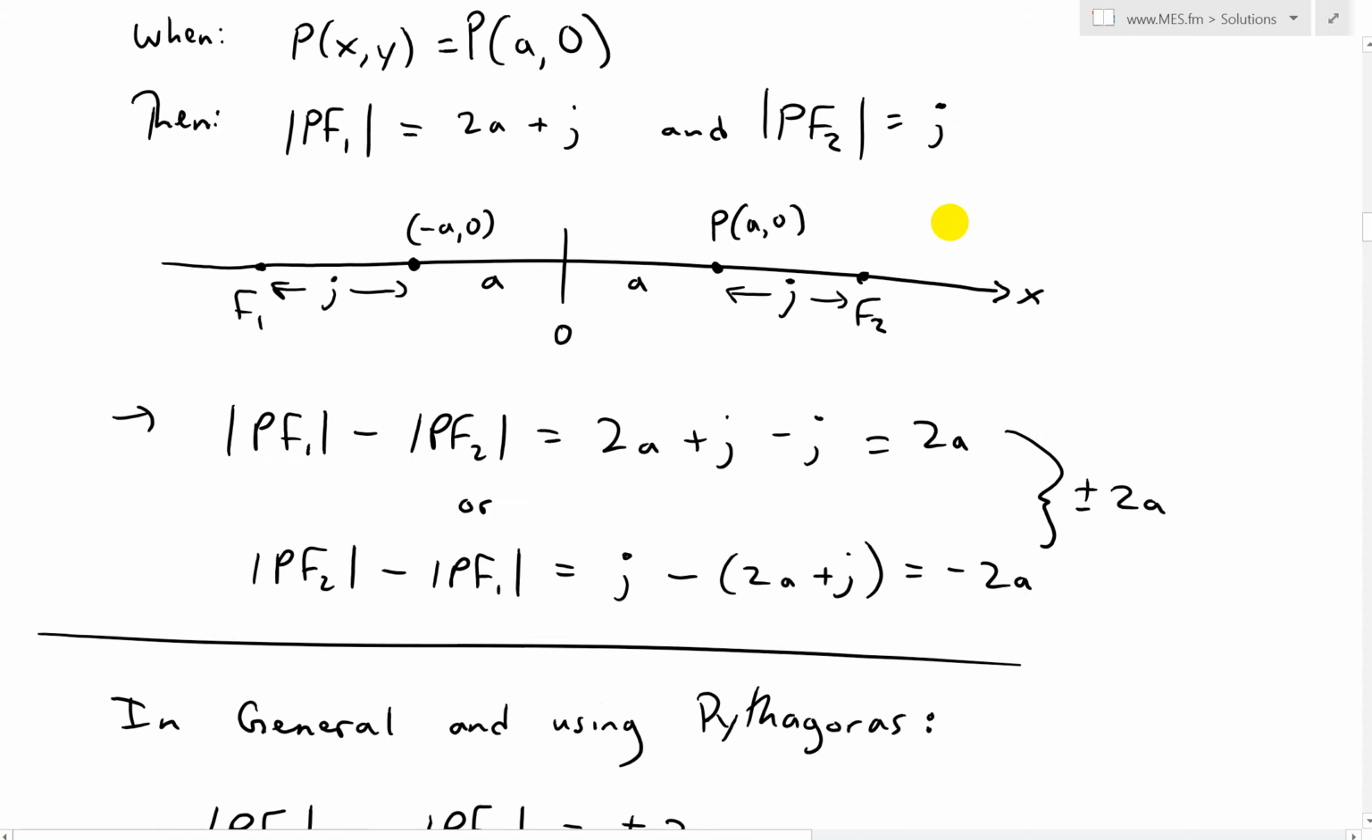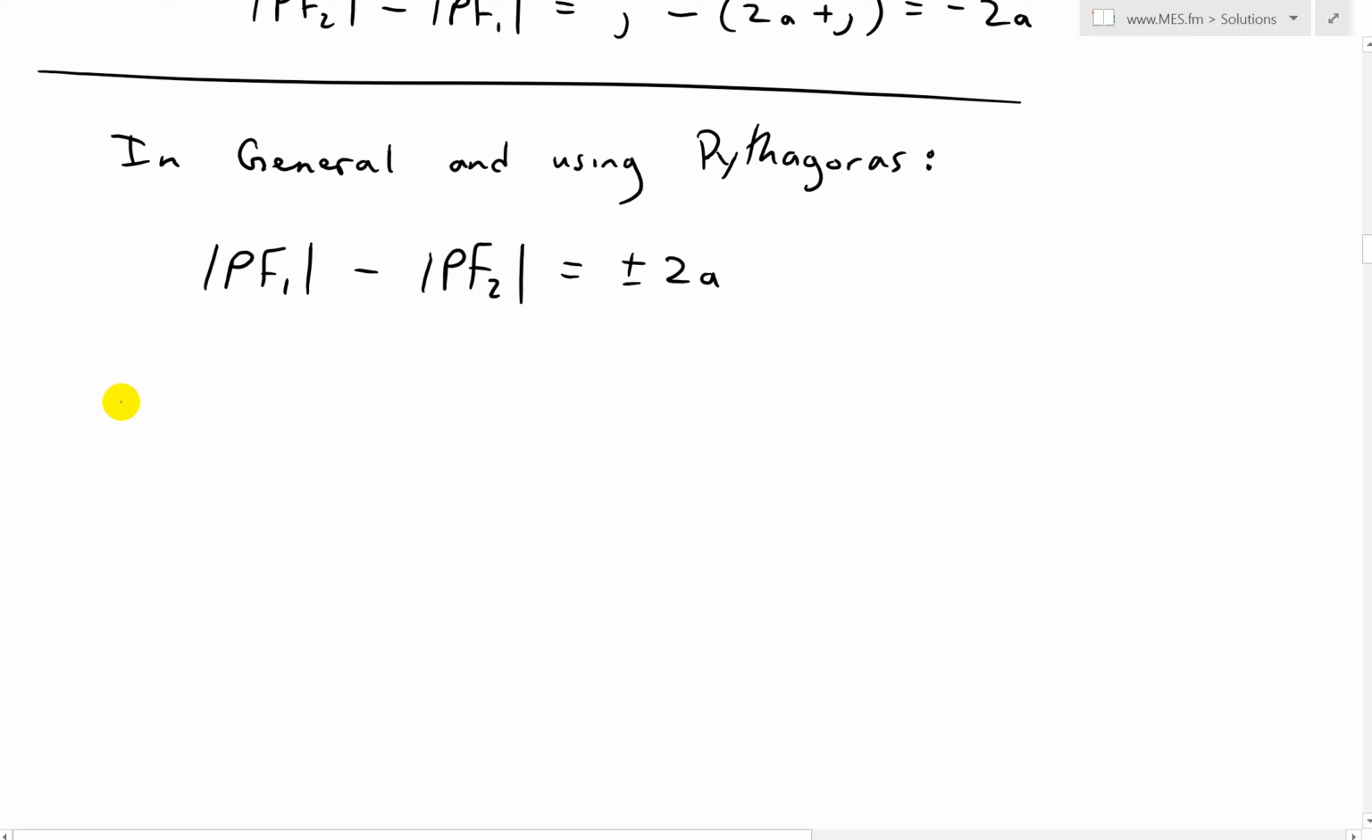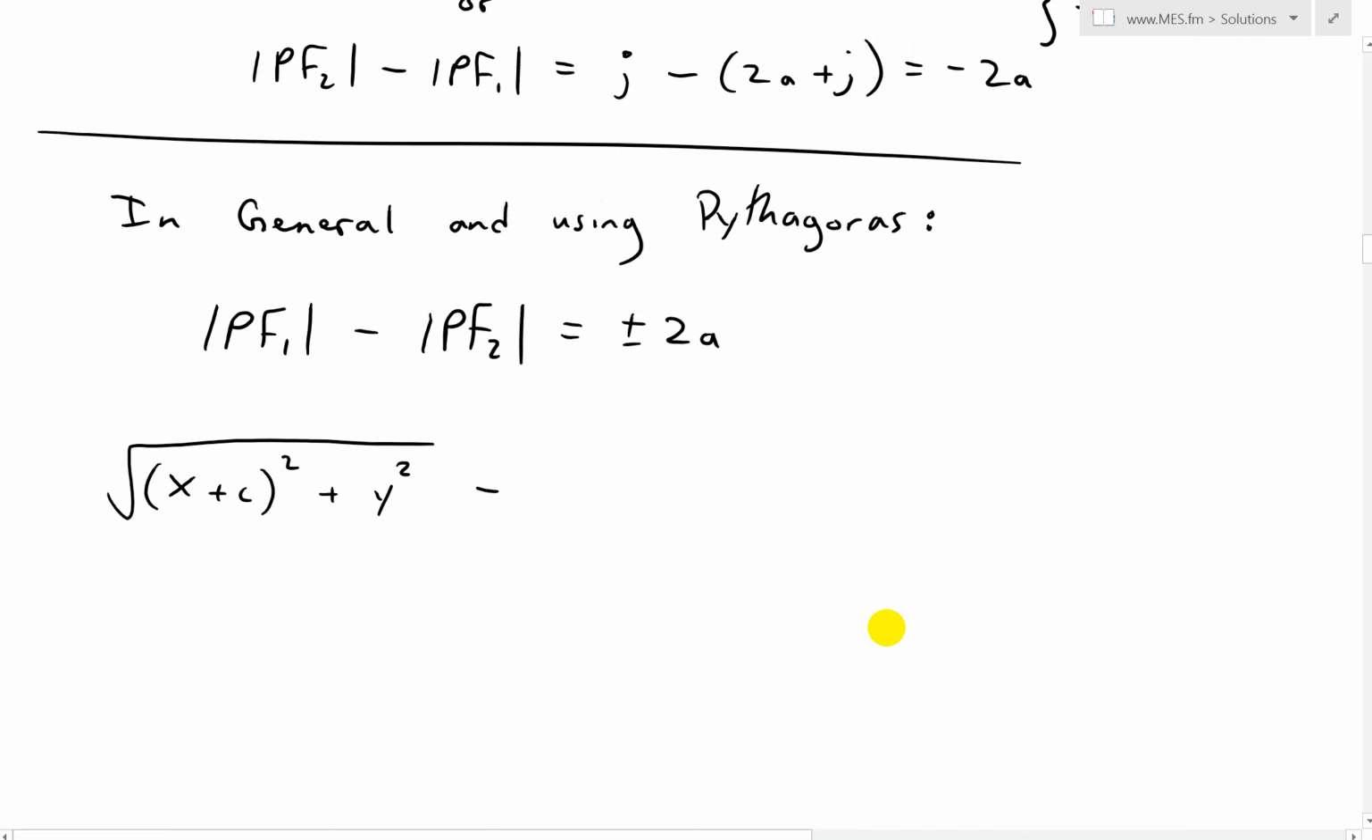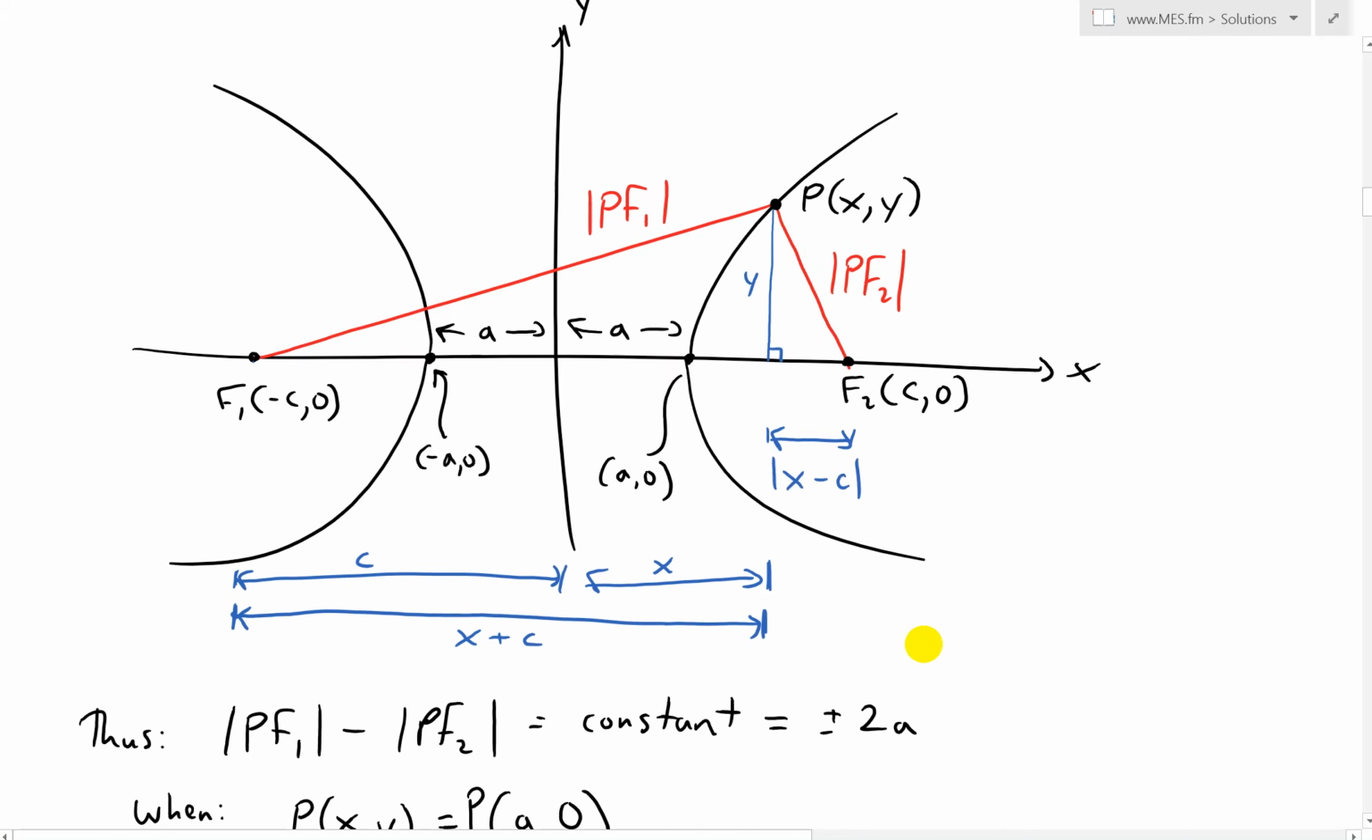So in other words, we could just square root that one, and we want the positive side, so it's the absolute value. So what we get is the square root of x plus c, that's the horizontal one, squared, plus the vertical one, y squared, on the side of the triangle, and then we just square root all of it, and we're only going to take the positive because it's absolute value. So that's a distance, and then subtracted by,